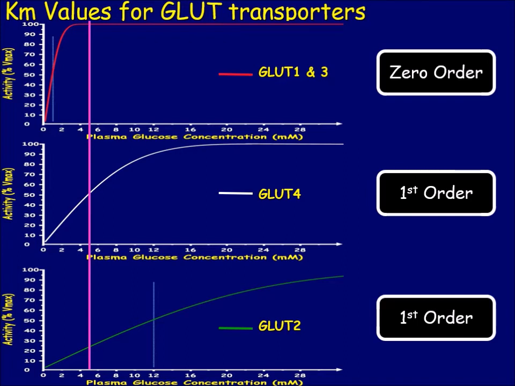Alternatively, your muscle and your adipose tissue, which express the GLUT4 transporter, will be absorbing significantly less glucose as the concentrations have fallen and it's come well off Vmax. But also important is that the insulin levels circulating in the blood will have diminished as well. And of course, insulin is also crucial for the activity of these GLUT4 transporters. Therefore, at homeostatic glucose concentrations of around 5 millimolar, relatively little glucose will be getting absorbed into the muscle